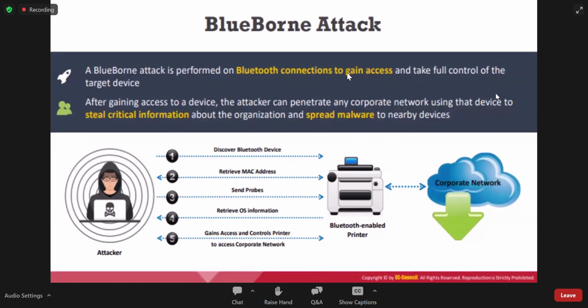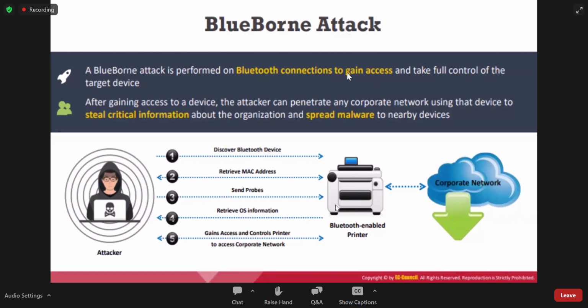As it is, instead of a Wi-Fi access point, we will be having an IoT device which has a Bluetooth connection. First, the attacker will discover the device itself using the discoverable mode, and then he will retrieve the MAC address of the device and every piece of information possible. Once that is done, he would spoof his own MAC address for the device and gain access to the network.